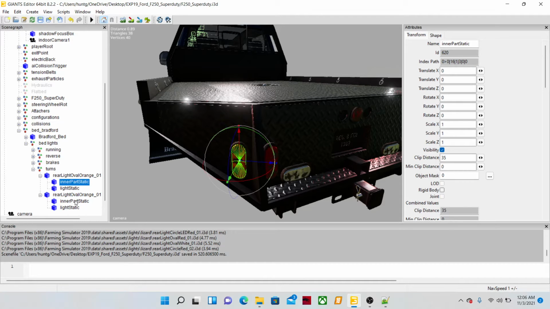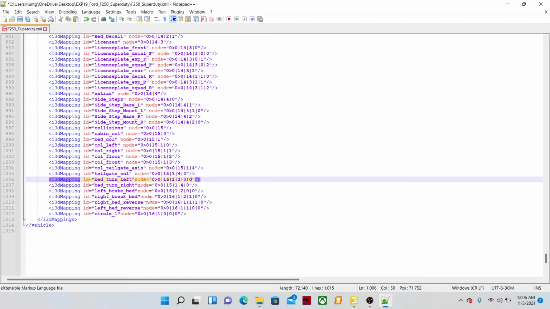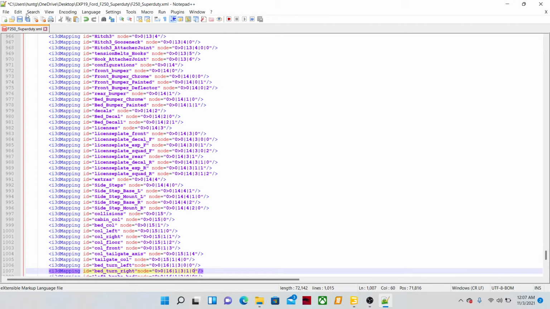Okay, now you're going to go over here, click right here, and copy this one. Now make sure you get this part right. You want to make sure that they're all the same, or else your blinkers won't work. Now you're going to paste that. Okay, now we're done. Click save, but do not close your